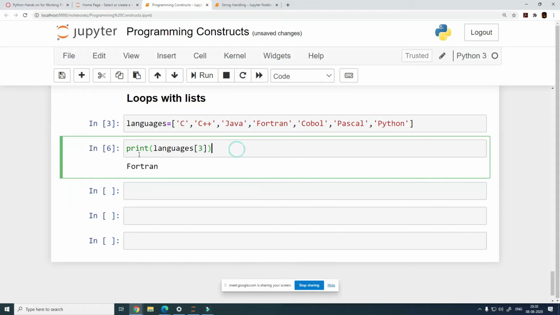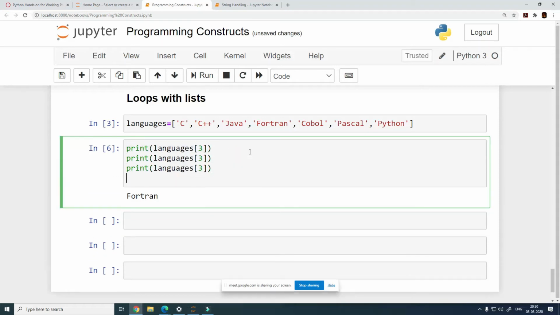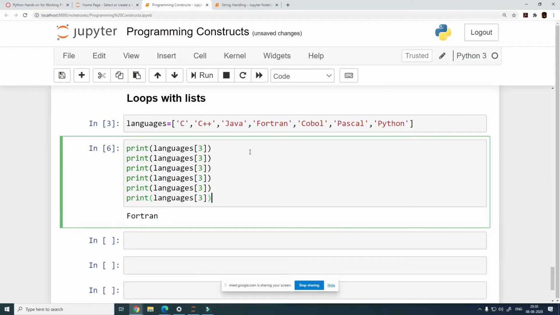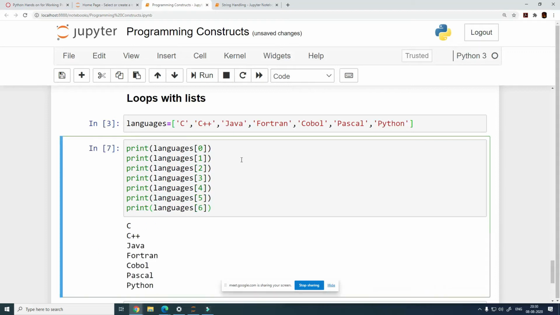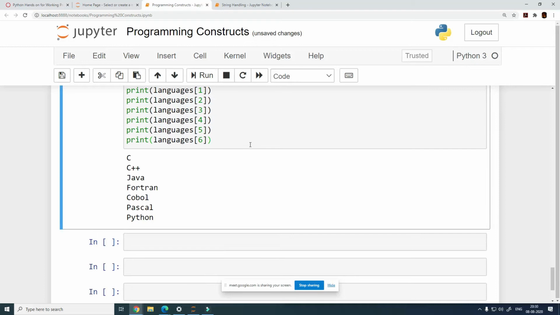Will it be wise for me to write the same print statement 7 times and change the index values, like 0, 1, 2, 3, 4, 5, and 6? Of course, we can do it this way, but it won't be a wise thing to do.